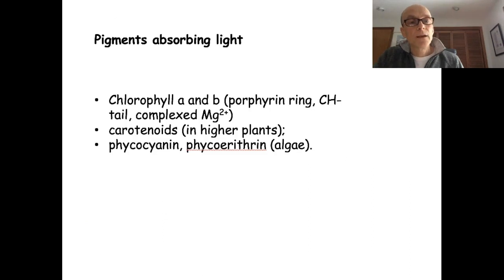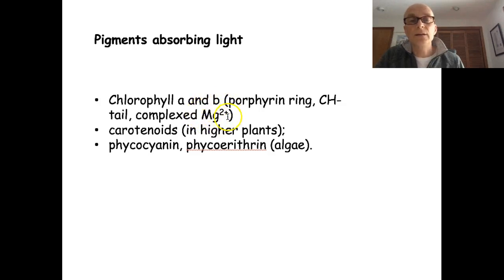All right. So the pigments that absorb the light are chlorophyll. There are two types, chlorophyll A and chlorophyll B. They contain a porphyrin ring, and I have a figure of that in a second. They have this long carbohydrate tail, and they're complexed with magnesium. And so here you see an example of where magnesium is required for the plant to have as part of